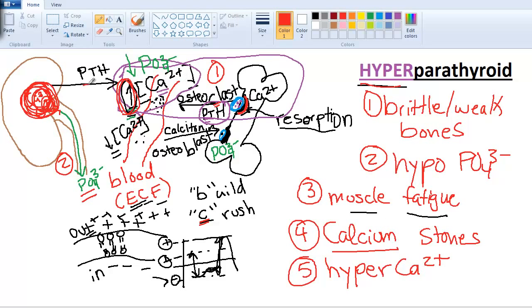Because everything is shuttling all that calcium into the blood, we're going to have a lot of calcium. So hypercalcemia, but hypo, because we don't want it to be complexed with the phosphate. We want it free and active by itself in the blood. Okay, so let's discuss